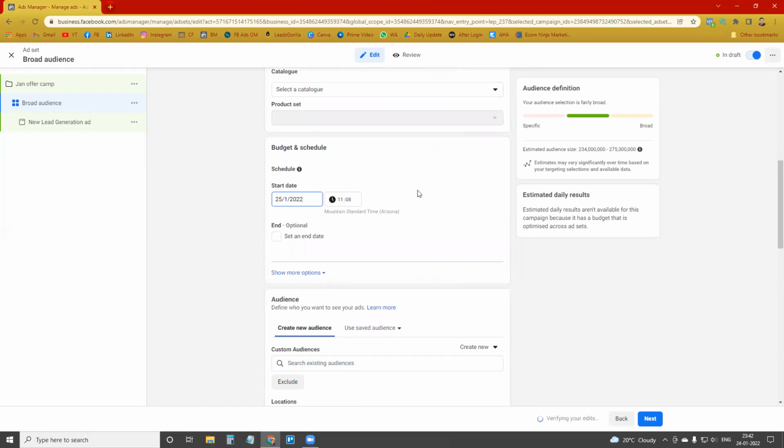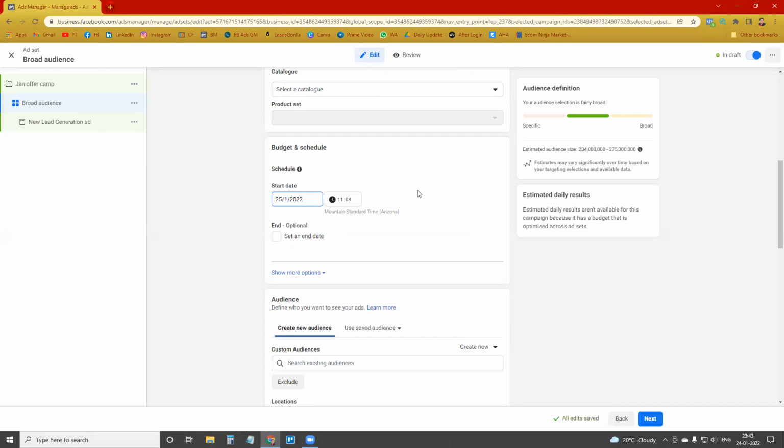You should always start your ad from early morning or the middle of the night. Because if we are starting our ad in the middle of the day, let's suppose we are setting our budget at $20 per day, then Facebook will start spending our money from midday to midnight on the same day. Then Facebook will start spending our money quickly.